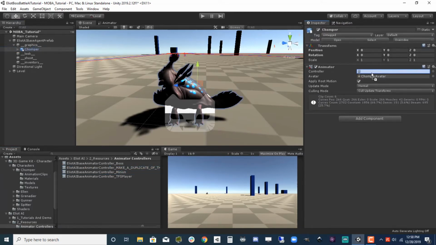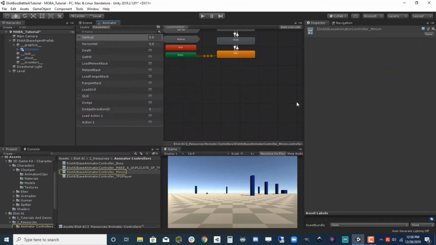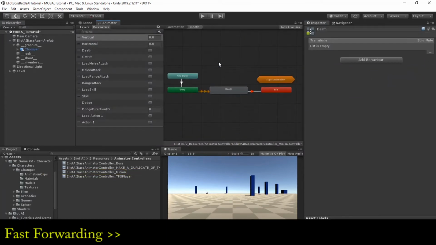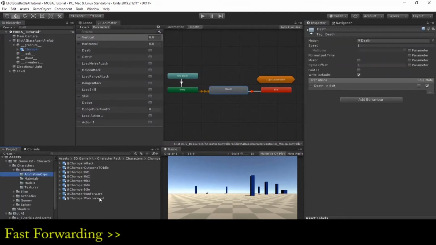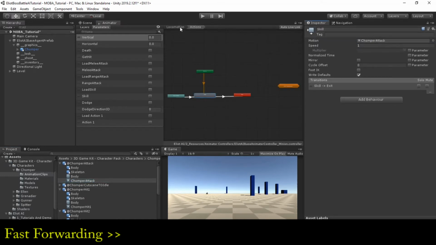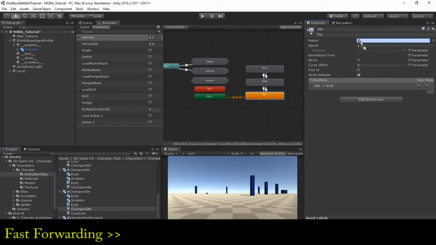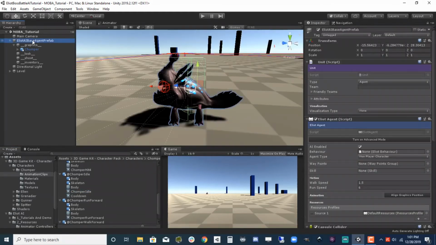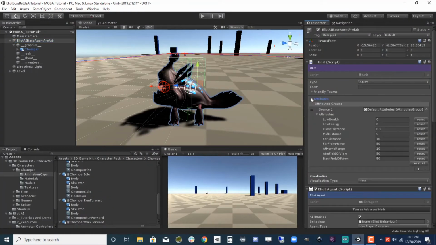Click and drag it back into the Chomper animator and make sure that the Apply Root Motion checkbox is unchecked. At this point, go through all of the animations and replace them with Chomper's equivalent animations. Once that is done, select the agent and then add a new attribute by hitting the plus button under Attributes